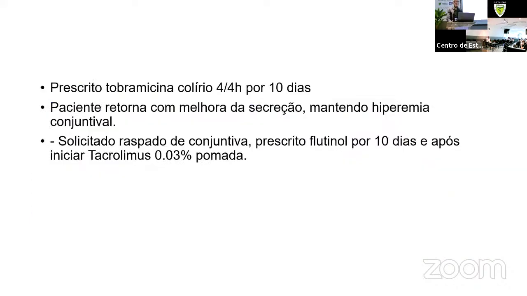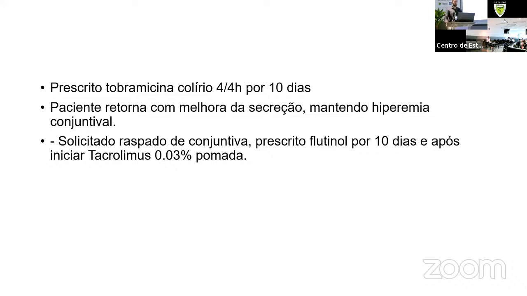Okay. On this day, the patient was prescribed antibiotic eye drops 6 times a day for 10 days. The patient comes back to us feeling better, but not completely better. She kept the red eye. So we did a conjunctival scrape, and we